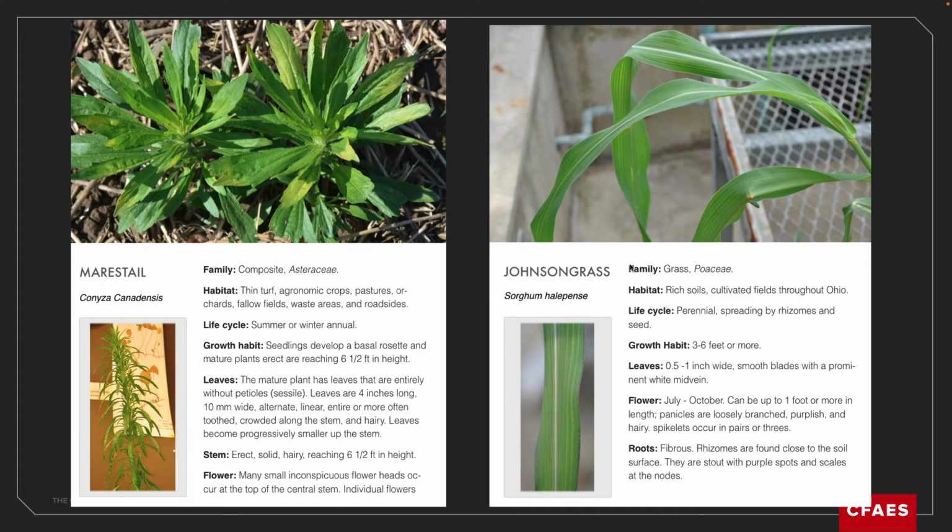Mare's tail, which of course is ubiquitous in the state. I kind of wonder why it's really even on the list. It does colonize waste places. It's one of those first weeds you're going to see. I mean, when you start looking for mare's tail, it's literally everywhere, and it can grow out of concrete, and it's just really easy to find. But one of the things it does is colonize abandoned areas. It's one of the first colonizers in there in a lot of cases. And so, having it on the list enables you to go into some of those areas if you're a municipality or whatever and take care of some of that.